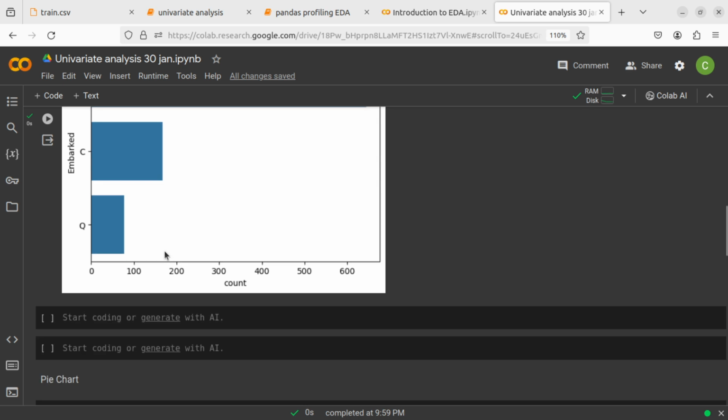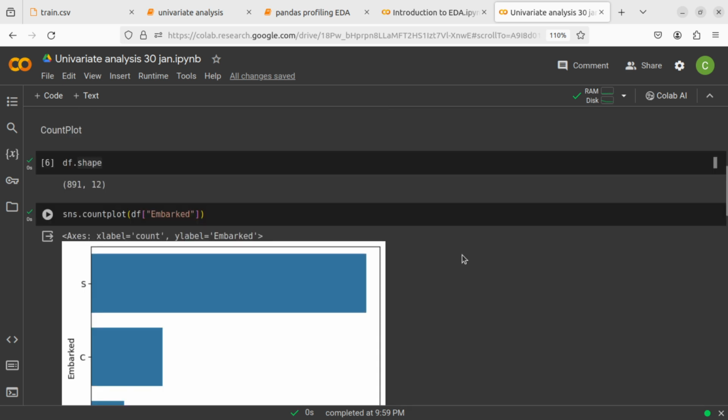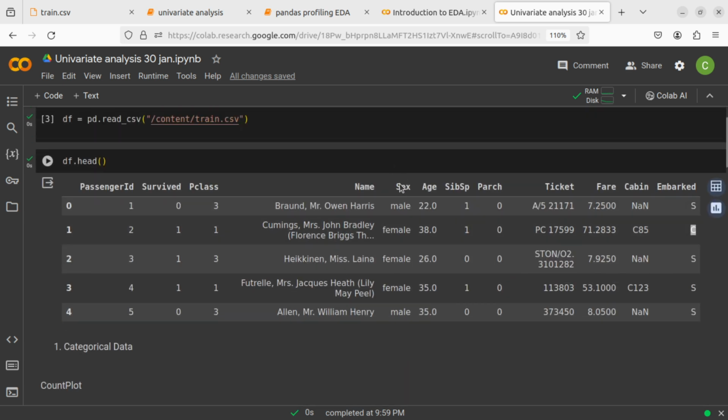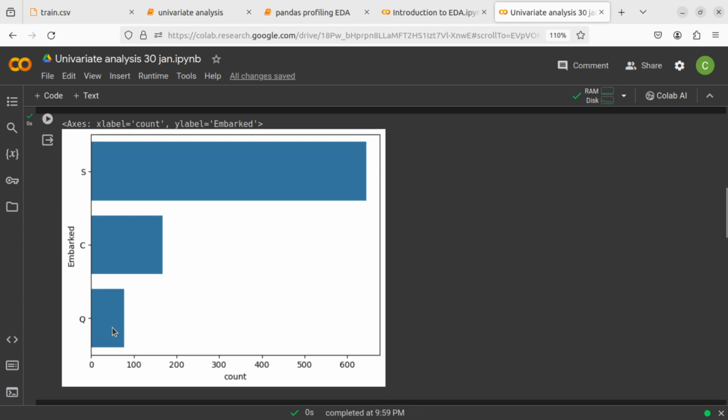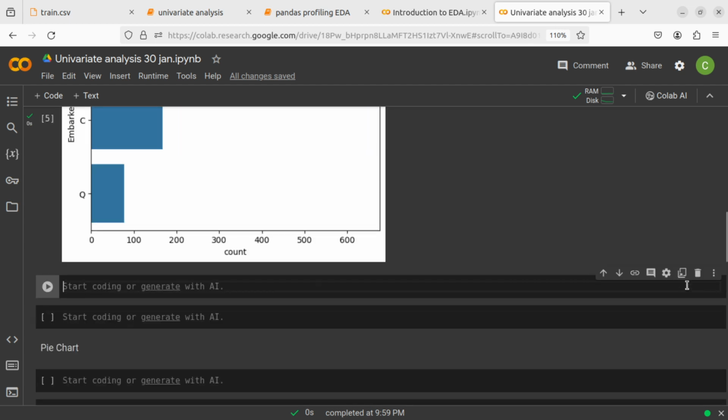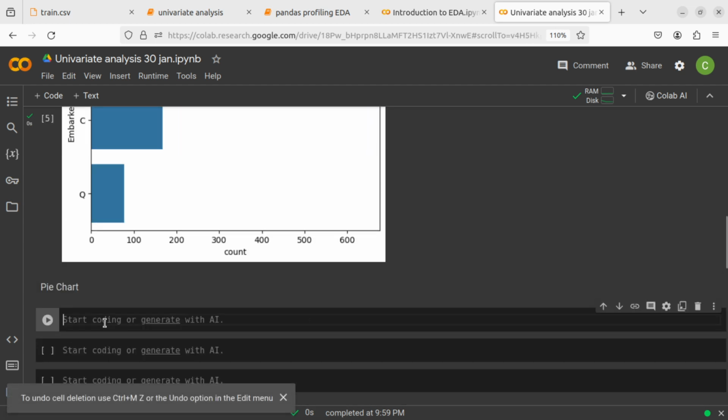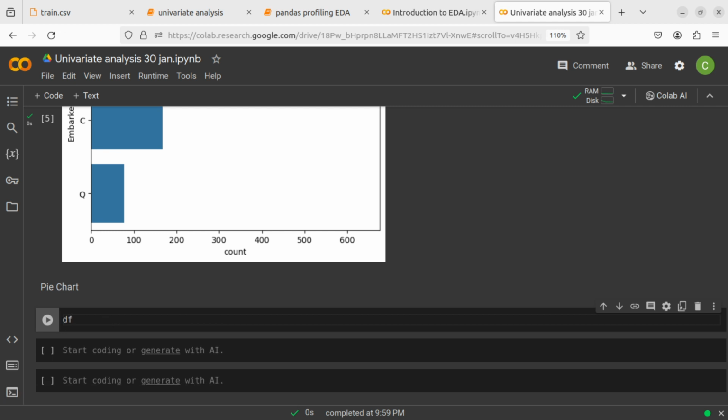Now we will take this column, gender or sex, and draw a pie chart to see what proportion of the people on this ship were male and what proportion were female. Similarly, first we give the data frame name, and inside this we pass our